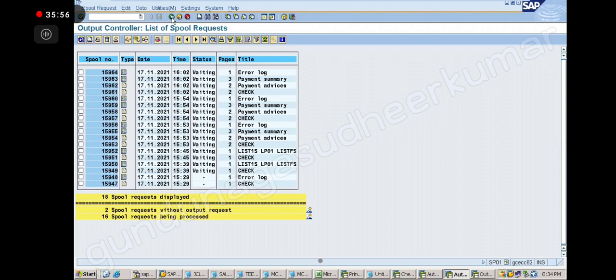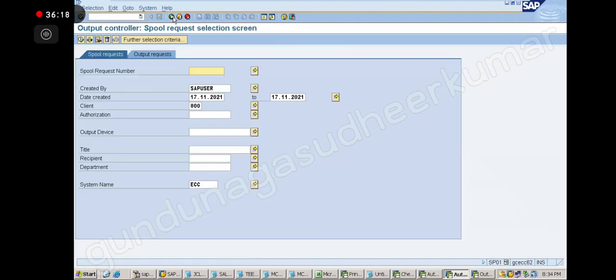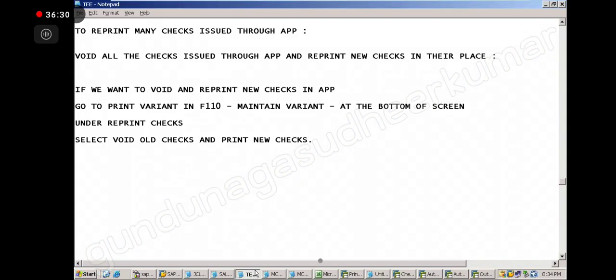Somewhere it is stuck, I believe. We need to see what is the problem. Because it was running before, now it is not running. Any payment run you have left in the middle, something like that? No, sir. Everything was fine. Okay, we need to see that. Let me check. Okay, check the log now. If there is any problem, it will show in the log also. Okay, sure. Understood. Okay, understood everybody?